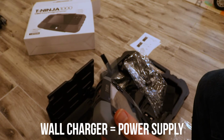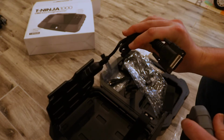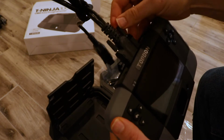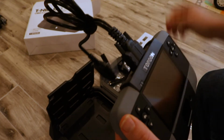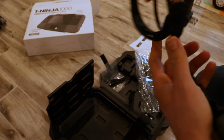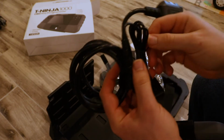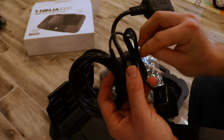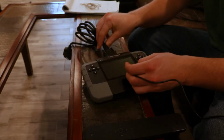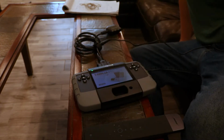So looking here, the OBD2 cable itself is what has the plug-in. So I'm going to go ahead and get this all set up. I've just got it threading in. And now I'm going to grab my wall charger and plug it in directly to the OBD2 cable. Now I'm going to plug this in to the wall outlet so I can boot this baby up. Alrighty, so I'm going to plug this in to the OBD2 connector, and it immediately